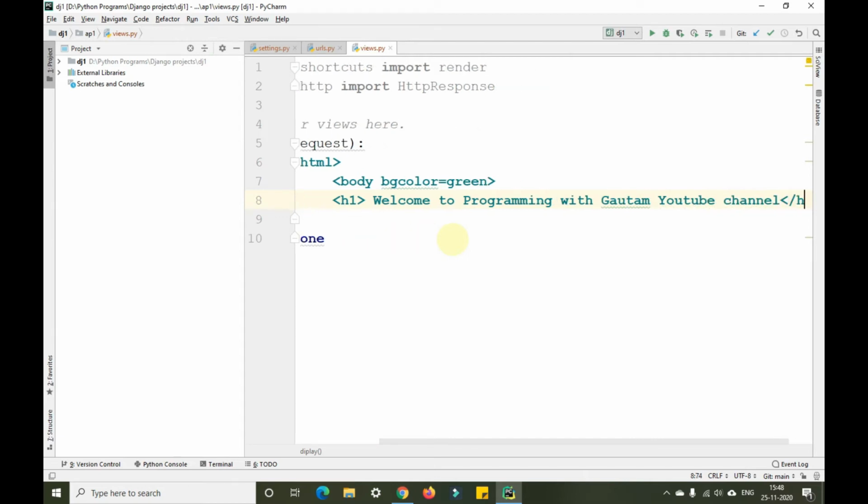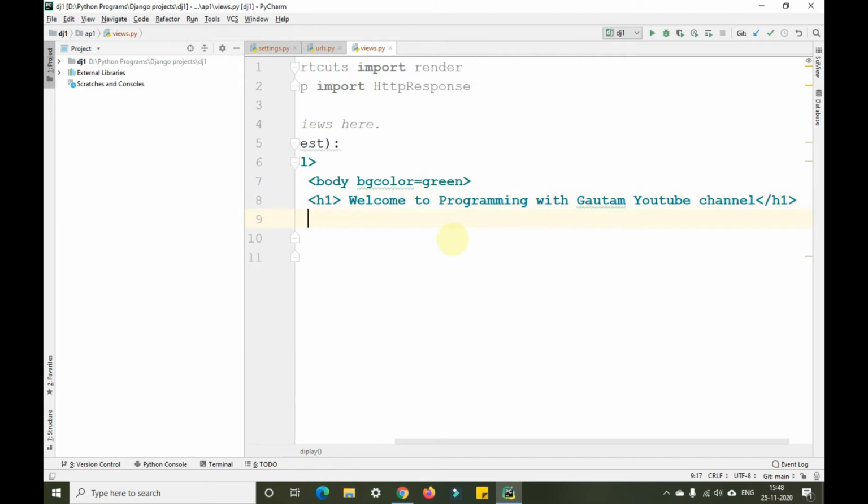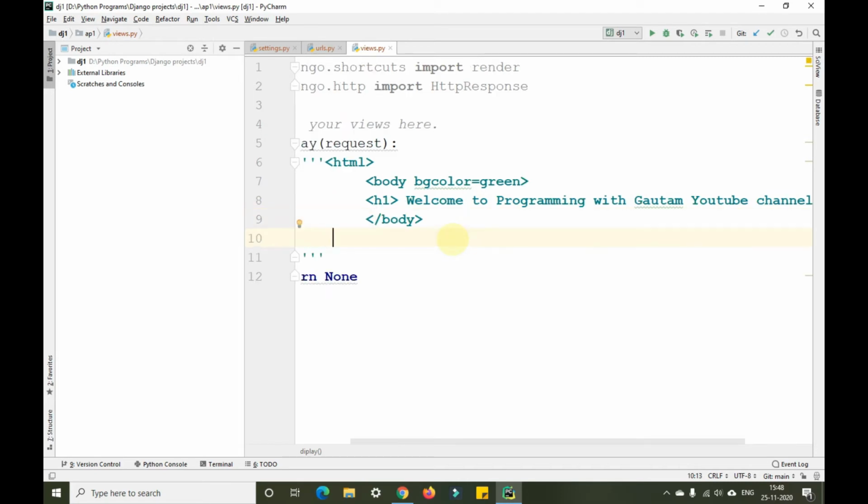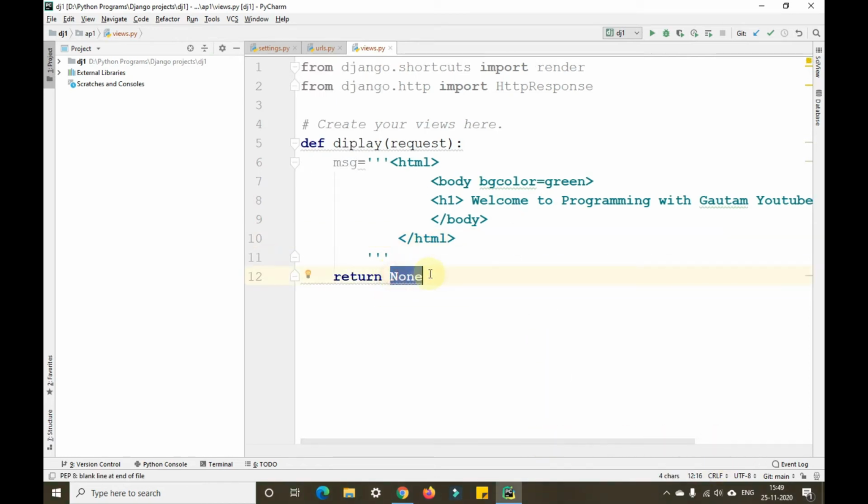Now I'll close the h1 tag here. Similarly, I'll close the body tag here. Now I'll close the HTML tag here. Now instead of returning none here, I'll return an HttpResponse object with that particular message.